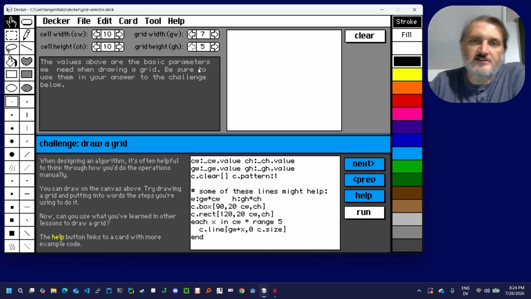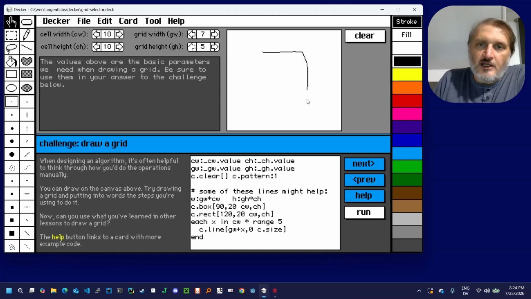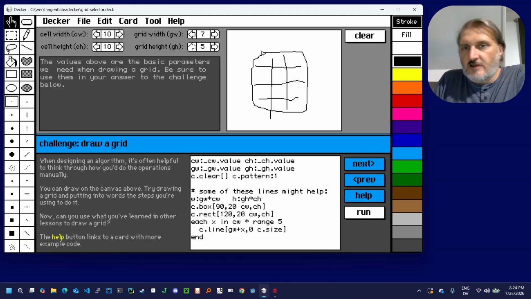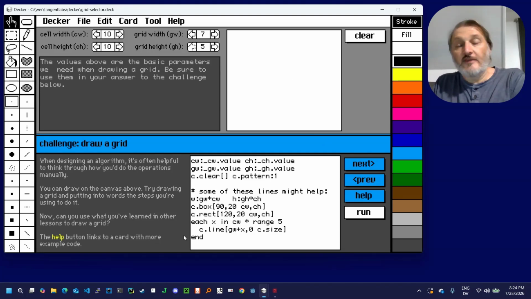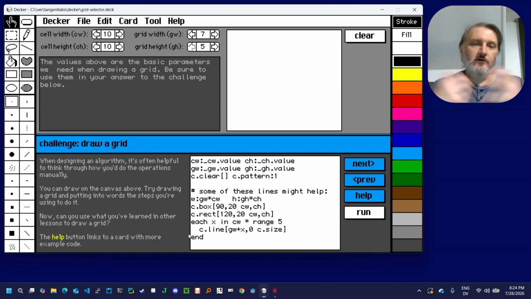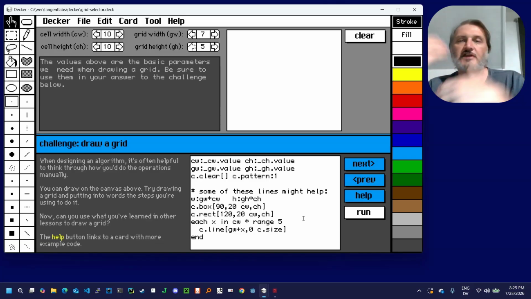My challenge to you is to actually sit down and draw a grid and figure out what is it you would do to make that happen. So like there, I drew a square, and then I drew some lines going down and some lines across. Not a terribly great grid, but there you go. And then once you verbalize what you want your algorithm to be, how do you put that into words that